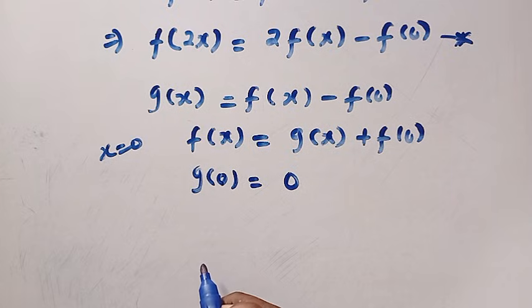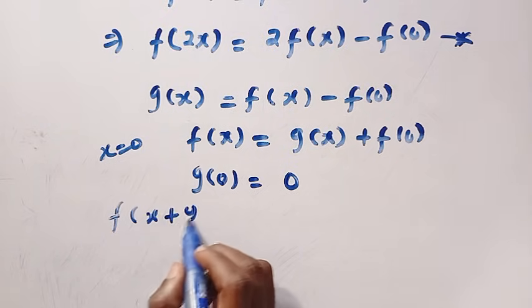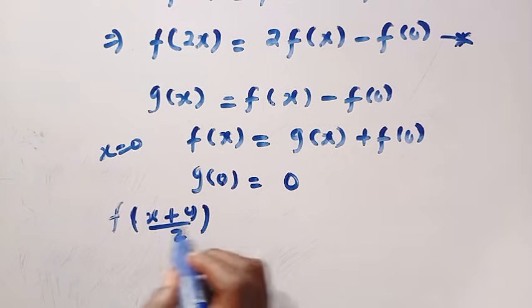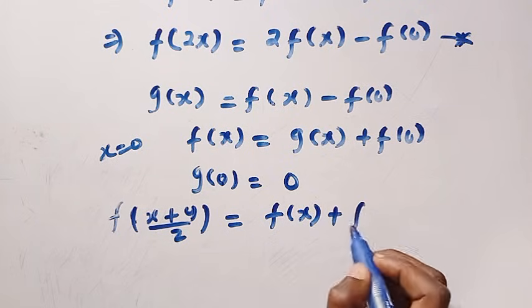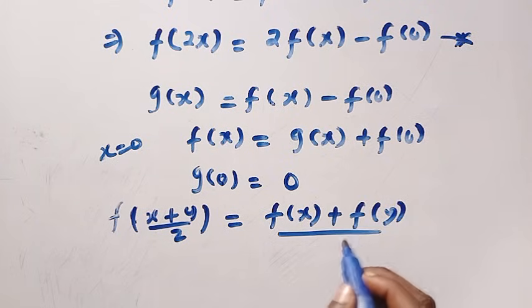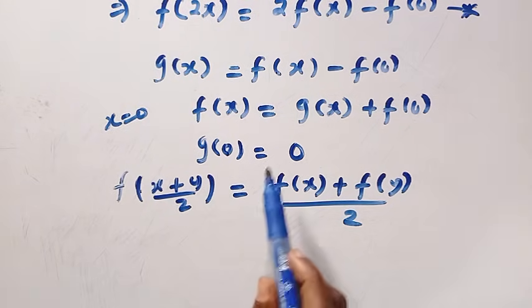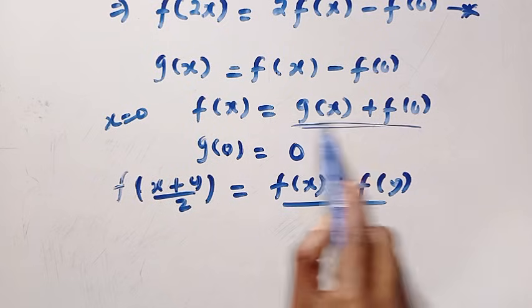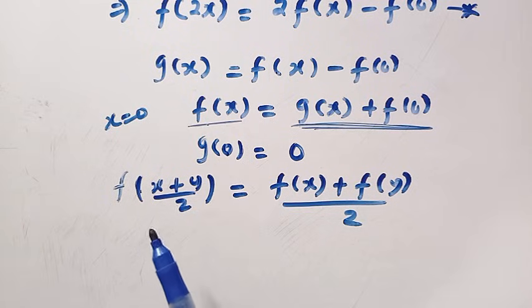So let's continue. To do that, we know from f of (x plus y) over 2, this equals (f of x plus f of y) divided by 2. So this is what we have. And from here, we know we have this as g of x. This is f of x. So if I replace this x with x plus y, definitely we are going to have